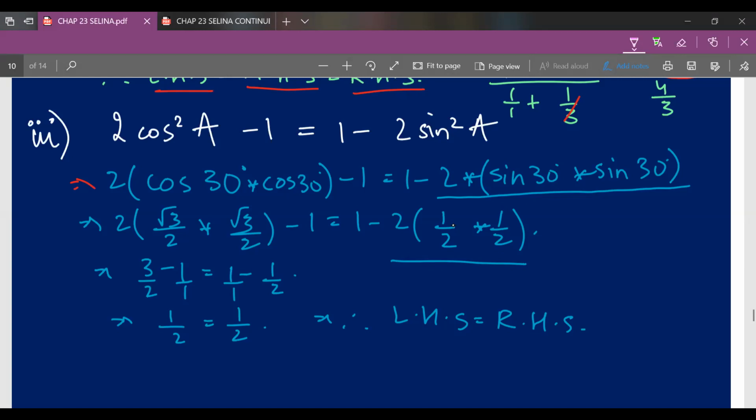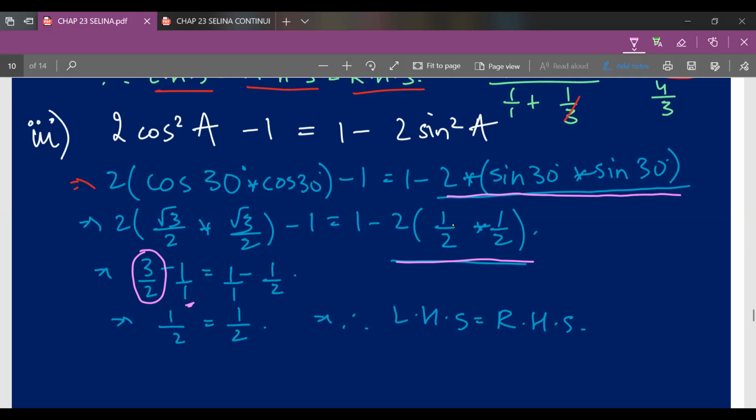So this is the answer for this whole question. Over here root 3 upon 2 into root 3 upon 2 will be 3 upon 4. So our final answer will be 2 into 3 upon 4, which will be 3 upon 2. So therefore I have written 3 upon 2 over here, and don't forget the 1, and 1 upon 1 can be written as 1, as I've explained earlier. 1 upon 1 can be written as 1 minus 1 upon 2 into 1 upon 2, which will be 1 upon 4.